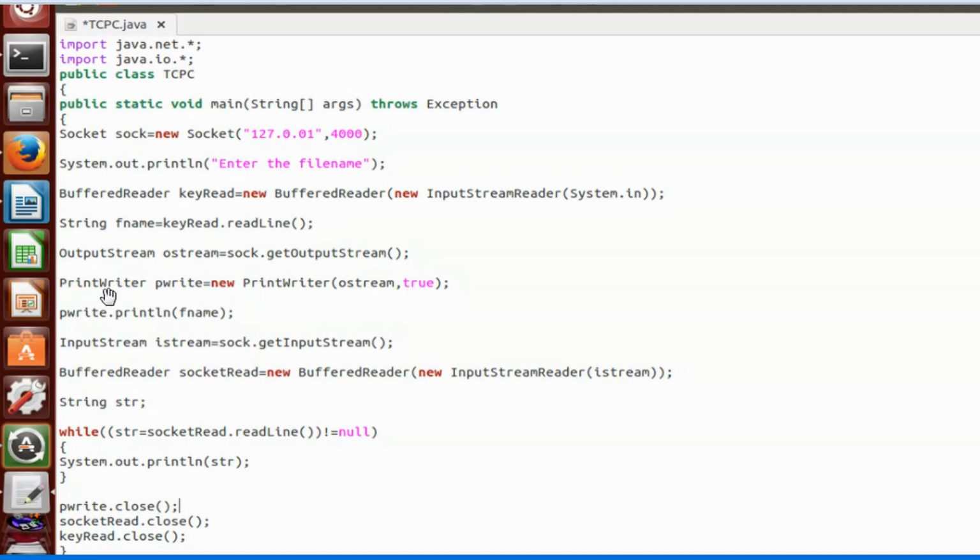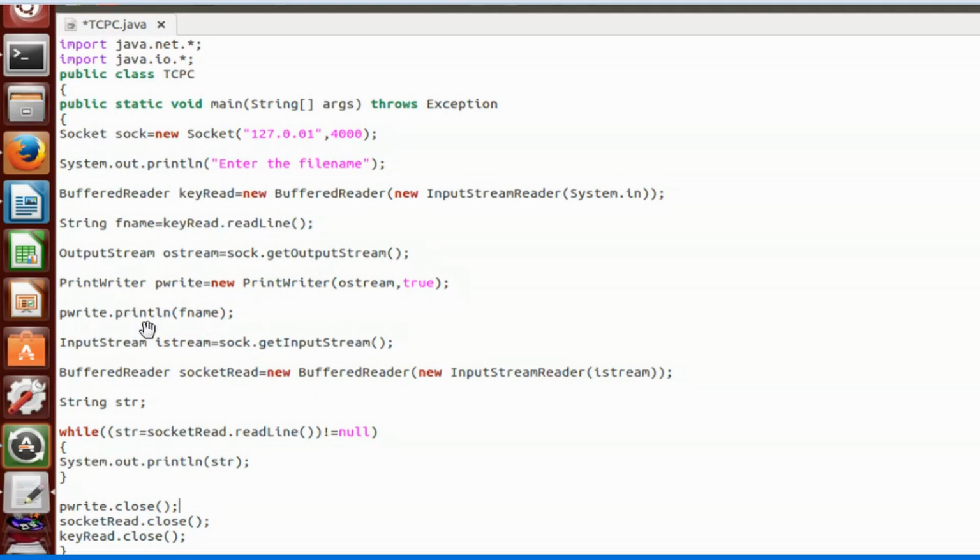And next, PrintWriter pWrite is equal to new PrintWriter(OStream, true). What does it mean? It lets you write formatted data into the underlying writer.